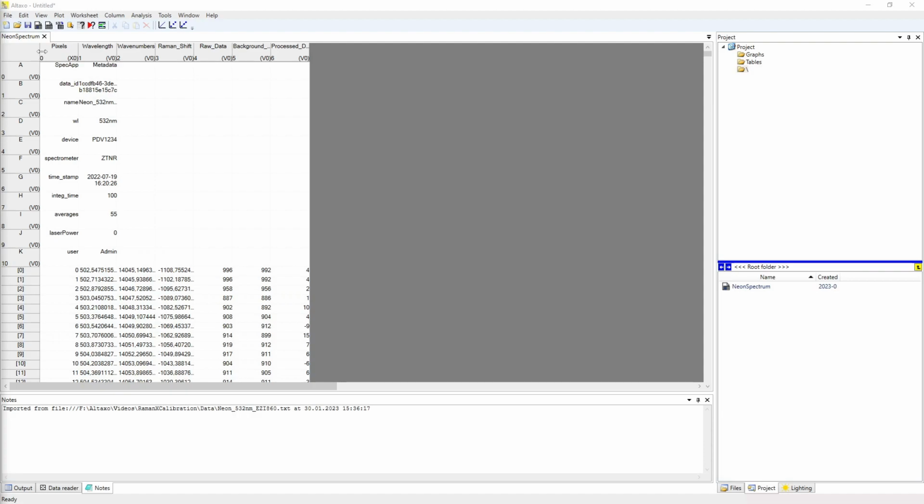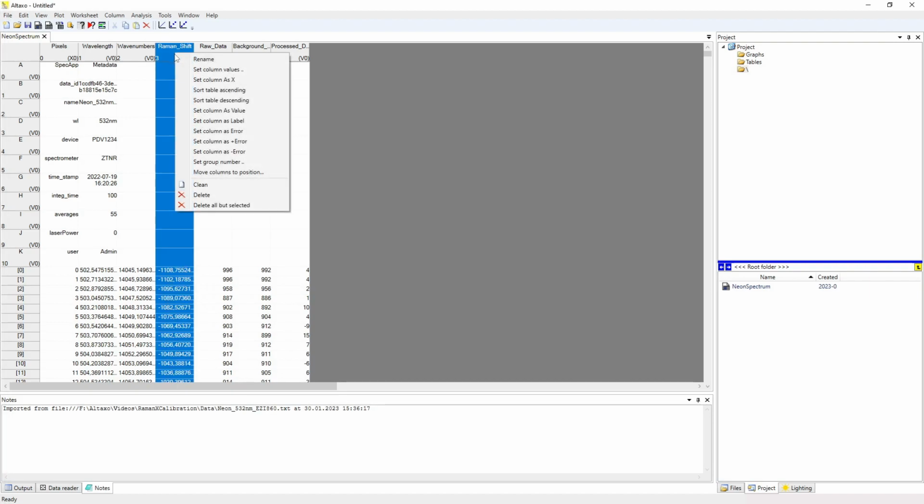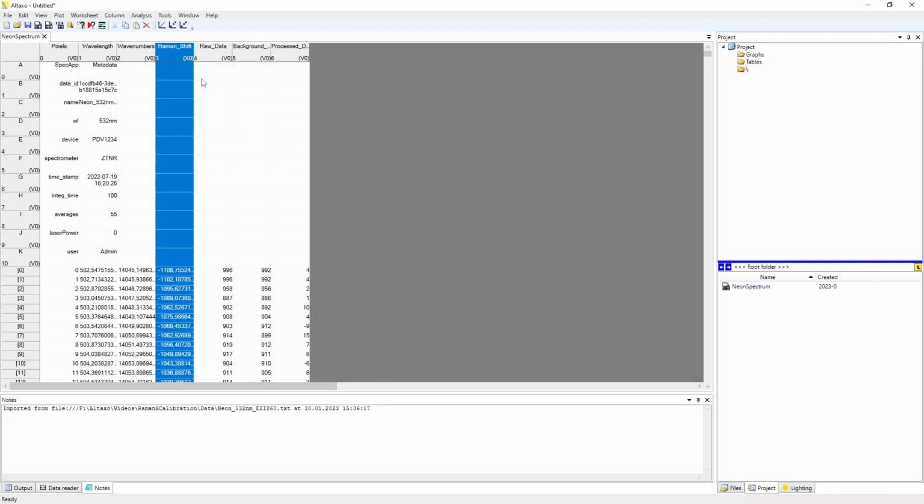The worksheet consists of some columns. Currently, the column Pixels is the X column, as can be seen by the label X0 in the right lower corner of the column header. For us, the column Raman Shift should be the X column. Right-click with the mouse on the column header and set column as X in order to mark this column as